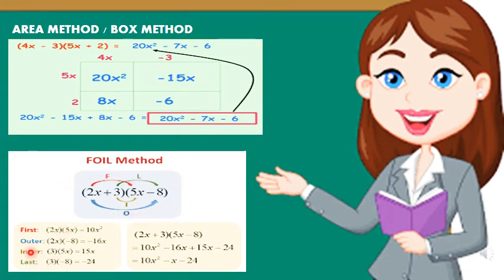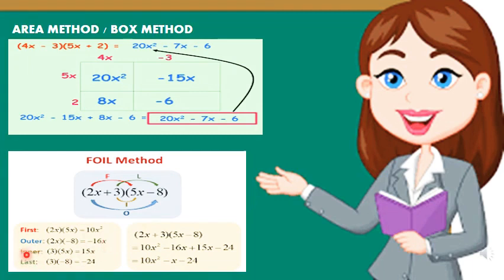So after that, in the FOIL order you will write and multiply those two terms after identifying them. So which are the first terms here? F means it is 2x and 5x. So those two should be multiplied and written. So what is 2x into 5x? It is 10x square. Then outer terms, that is O. What did you mark as O here? That is 2x and minus 8. If you multiply 2x and minus 8, your product is going to be minus 16x. 2 into minus 8 is minus 16. X will be written as it is. So the product is minus 16x.